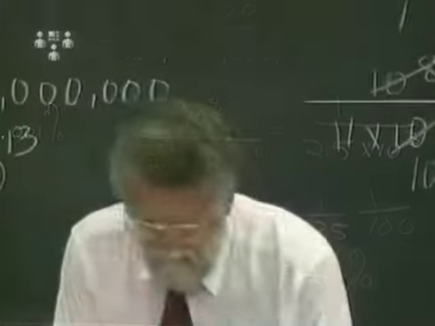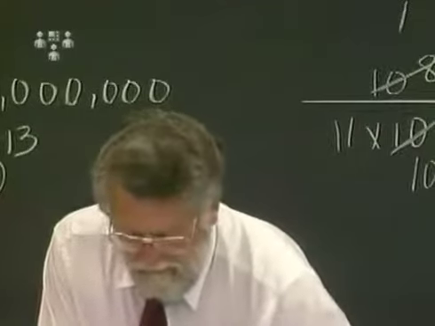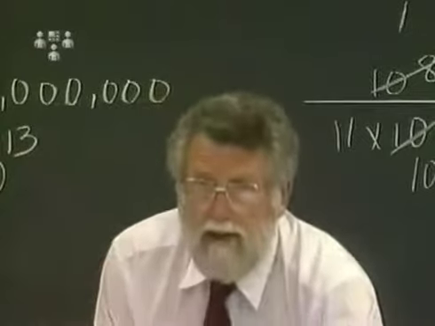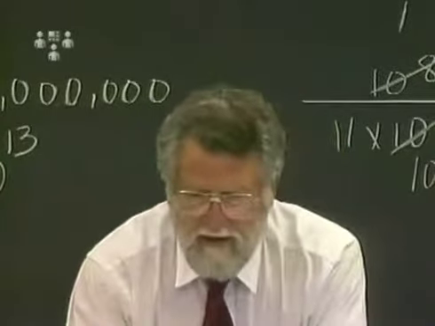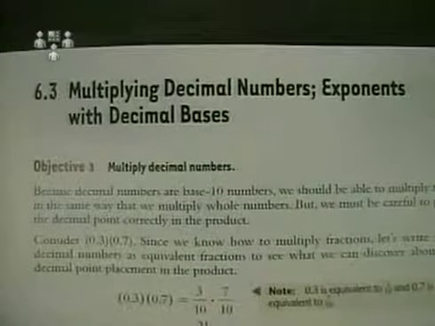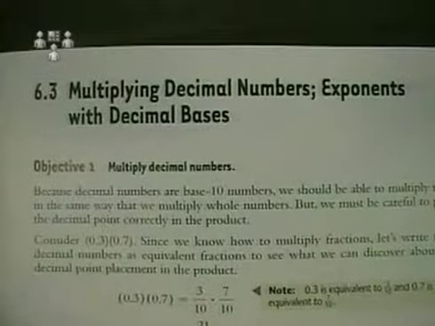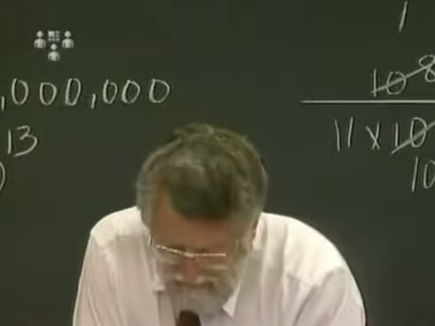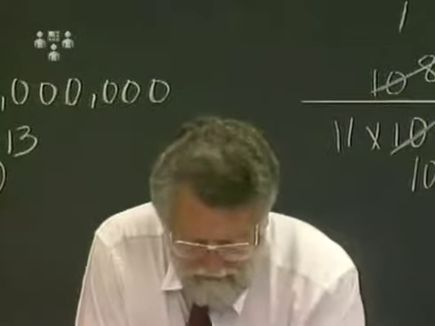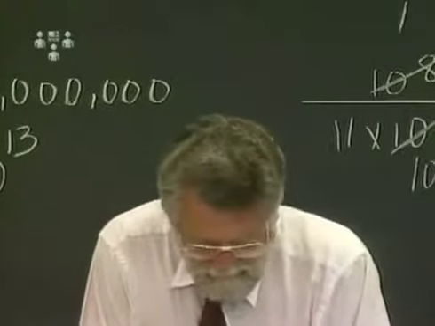The reason I bring this up has to do with some information in 6.3, and so that's what I'm going to come back to. And this is an old area of familiarity. We've been there before, so let's take a look at what we're doing in the document cap. And it's multiplying decimal numbers, exponents with decimal bases, and scientific notation is understood but not said. So the first thing that I would like to just reference, because we've just talked about it here, comes all the way over to applications on page